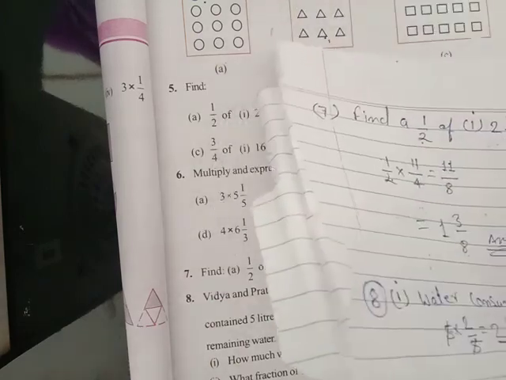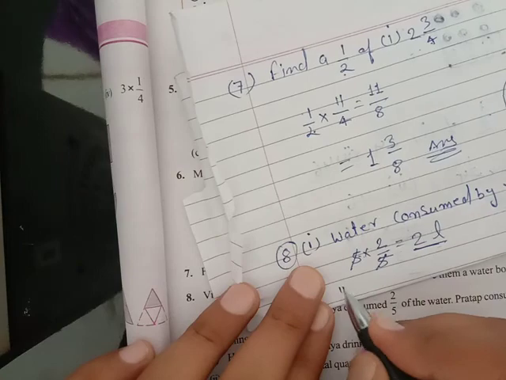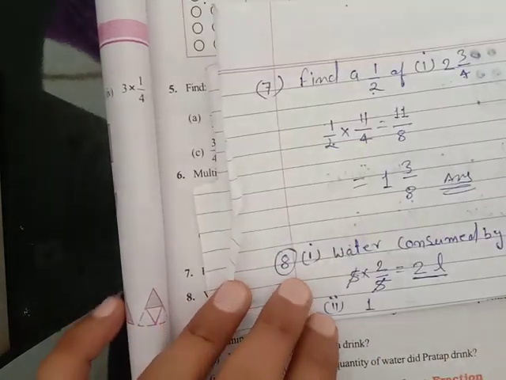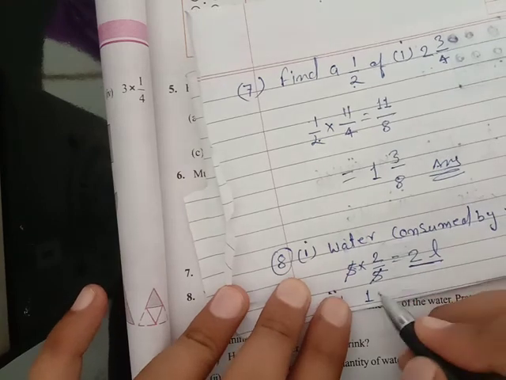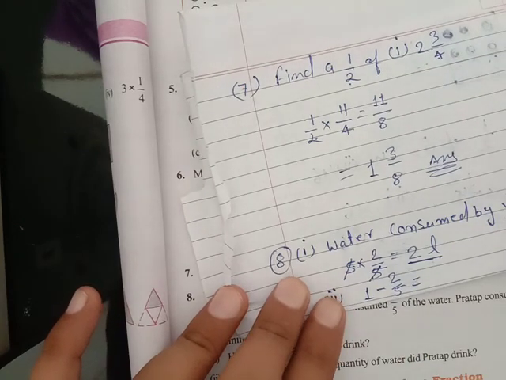And second, Pratap, how much did Pratap drink? Second, you subtract for Pratap: 1 minus 2/5. You solve this equation. Okay,